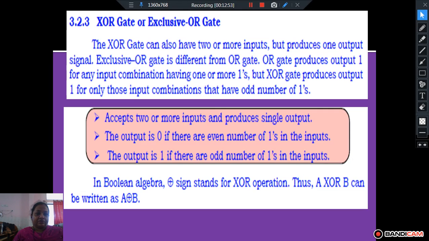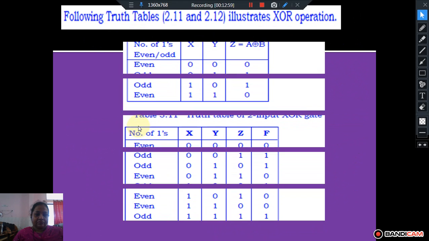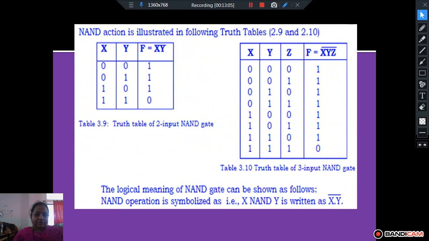Next we need to check the logic symbol of the NAND gate.